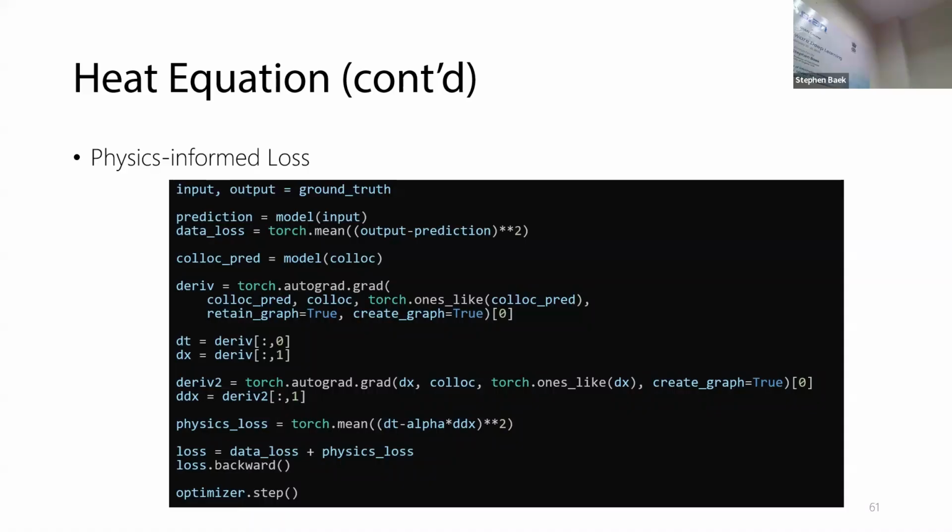And then using the autograd gradient, we take the derivative of this prediction with respect to the collocation points, and then we have the derivative. Now notice that since we have n, we have two derivatives, okay? So the first part of the derivative is dt, the second part of the derivative is dx. And in our case, for the heat equation, we only need the dx part. And the dx part is